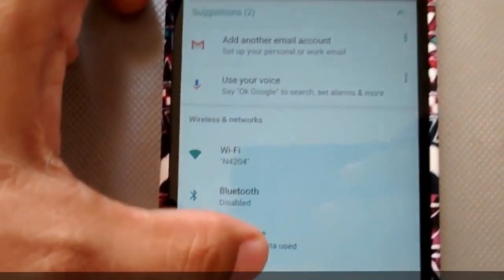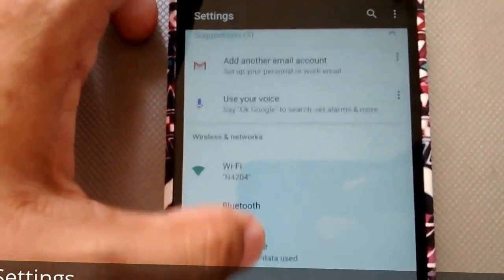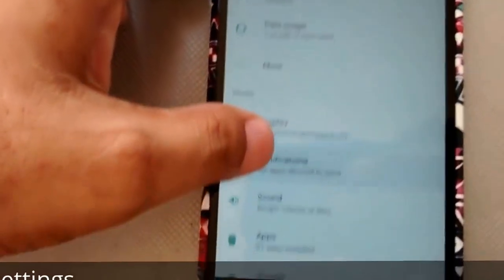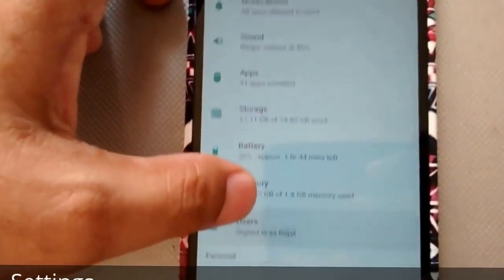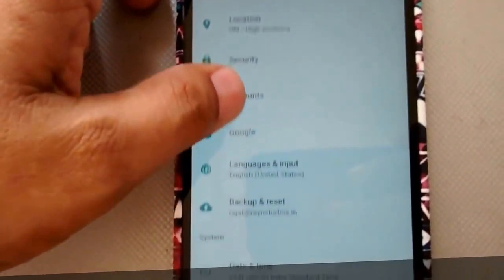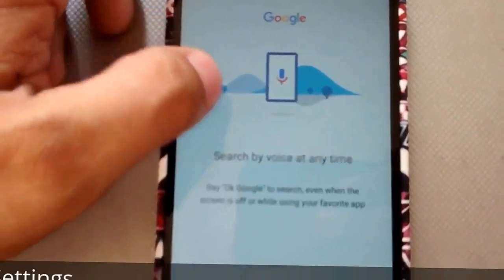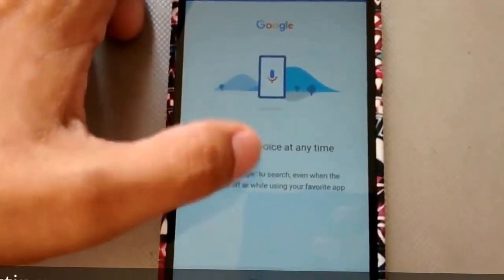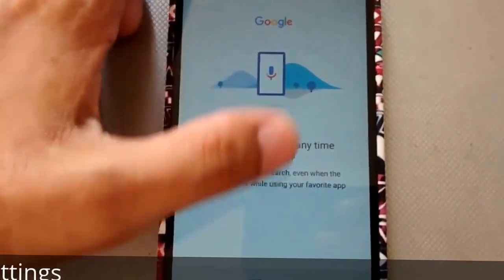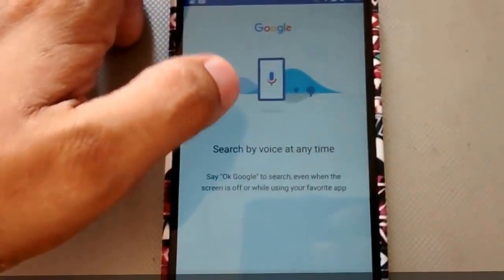So the other previous settings are just below this new suggestions panel, and I think the rest of the settings are just like the settings in other versions of Android. So yeah, let me press that. Okay, so it will take me directly to this voice assistant setup screen. Okay, cool.